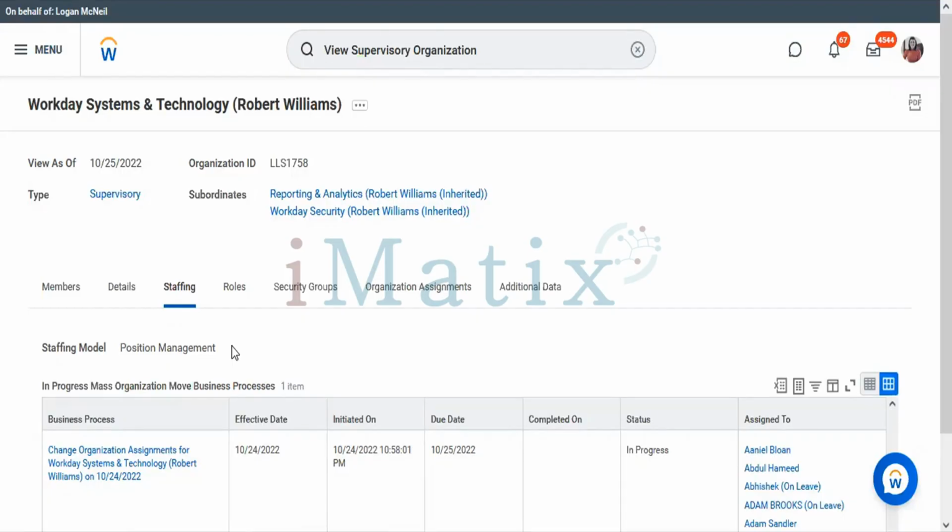You'll hire an employee under the job management staffing model. But this staffing model is not mostly used, because every customer prefers to have a position before they hire an employee.